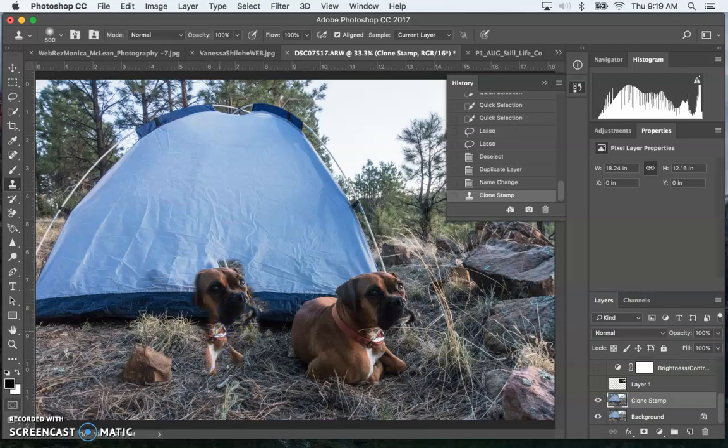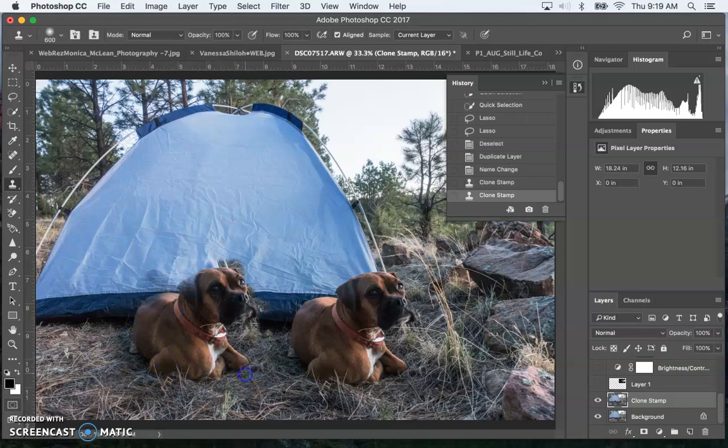Let me actually make my brush a little bigger. Right, so I could do that. That's looking pretty good. Now, I could also go in and make my brush a little smaller, and now select from the tent, and clean up this selection here by painting the tent part over it. Select here, paint over that. That's looking pretty good. So in a couple clicks, I just added my dog to this picture, or I doubled my dog in this picture. Now, let's just say that I did that and I was like, well, that looks pretty good, but,